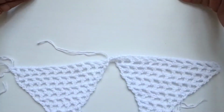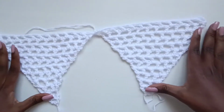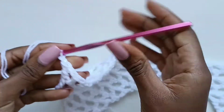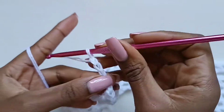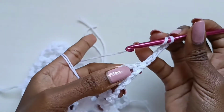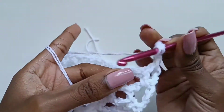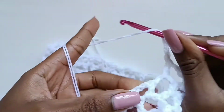So we are working on the bodice of the dress. So from here, we're going to work rows and rows until we get to our belly button, that is our waist area. Now, you will be chaining 5 as always, and then going into that very first chain 2 space and doing a double crochet,